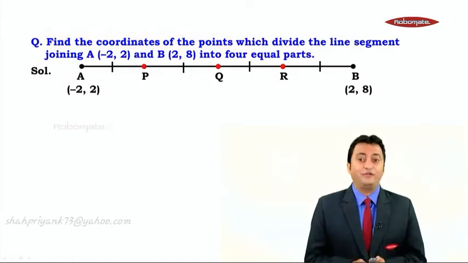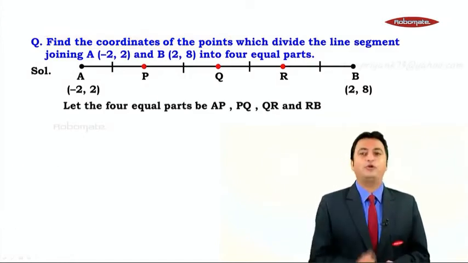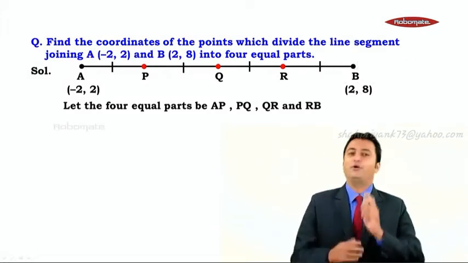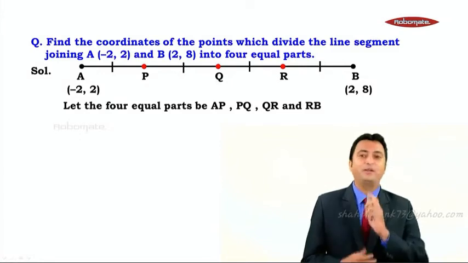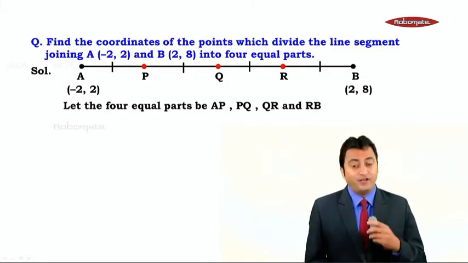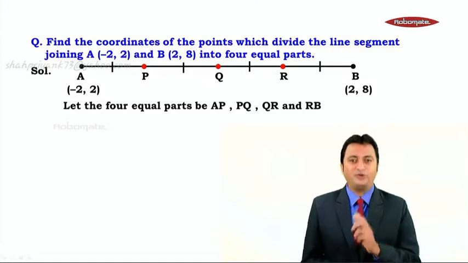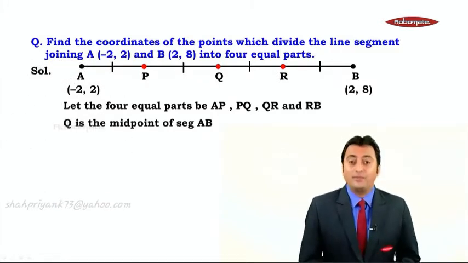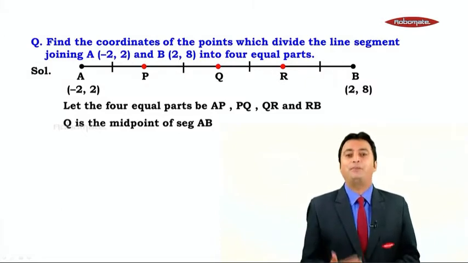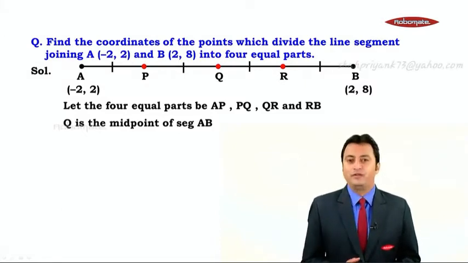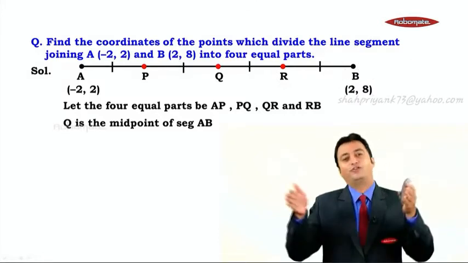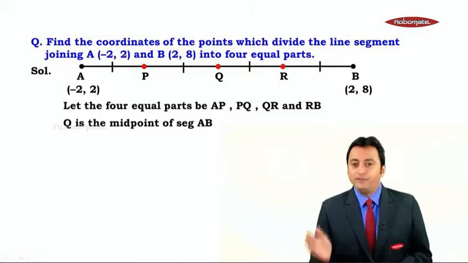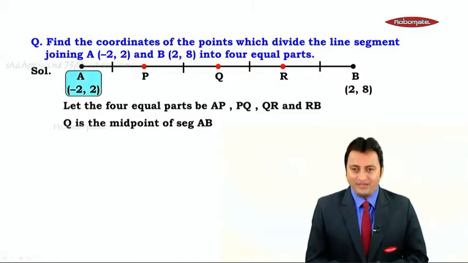In this figure, we have got AP is equal to PQ. So P is a midpoint of AQ. Similarly, Q is a midpoint of PR and R is a midpoint of segment QB. But when we look carefully, according to the given condition, point Q is also the midpoint of segment AB. So Q happens to be the midpoint of 2 segments, smaller segment PR and also bigger segment AB. But since we know the coordinates of A and B, we begin with Q as a midpoint of segment AB,